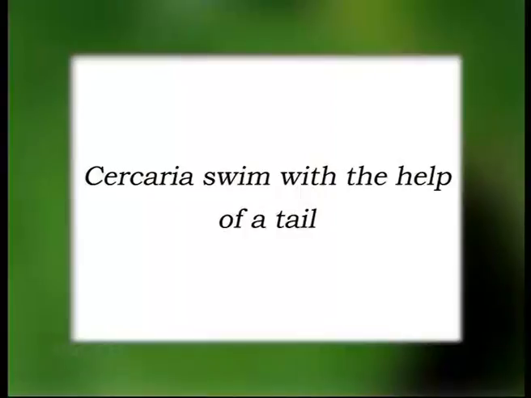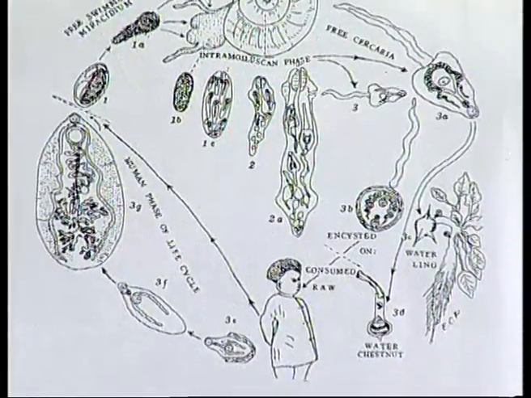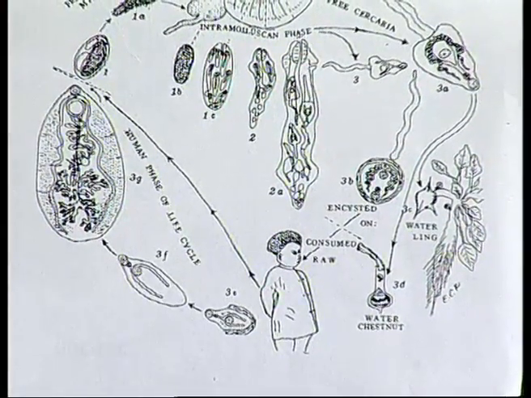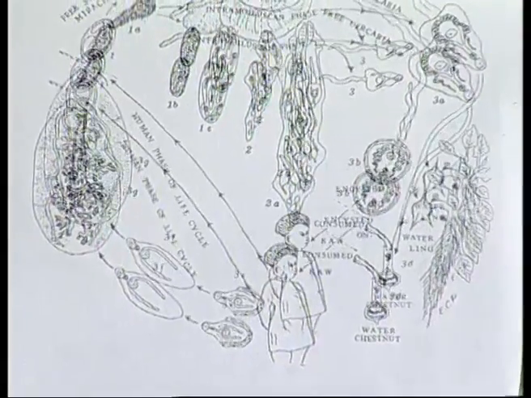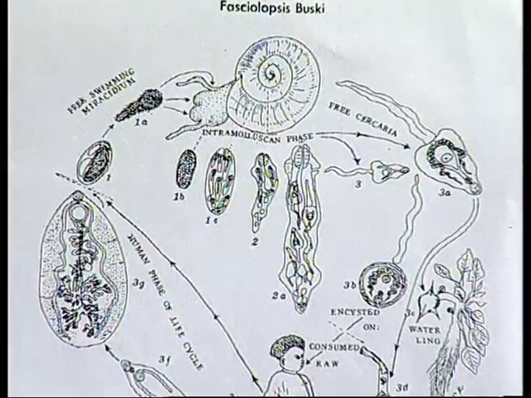And these redia give rise to the cercaria. So these cercaria are having the tail. With the help of this tail, they swim in water and ultimately settle down on grass or generally on the chestnut. So this chestnut becomes infested with these cercaria. A large number of cercaria are found on this chestnut. The man gets the infection once he takes the chestnut, peels it off, and eats it. This is known as the nut of Trapa or chestnut.